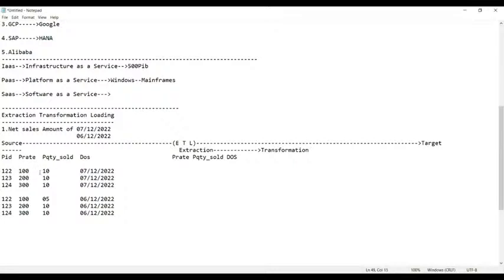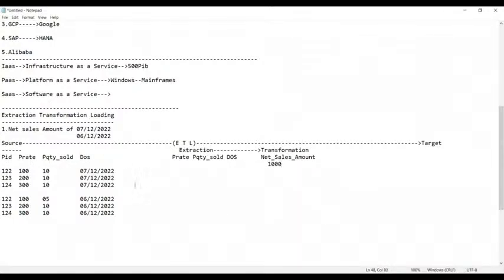That means 100 into 10 means what? What is the quantity, guys? Can you tell me what is 100 into 10? 1,000. Very good. So 100 into 10 is 1,000. So can I write it here directly as 1,000?